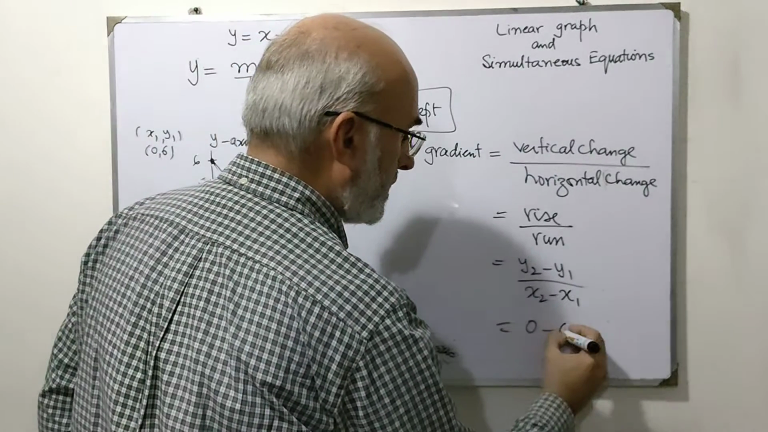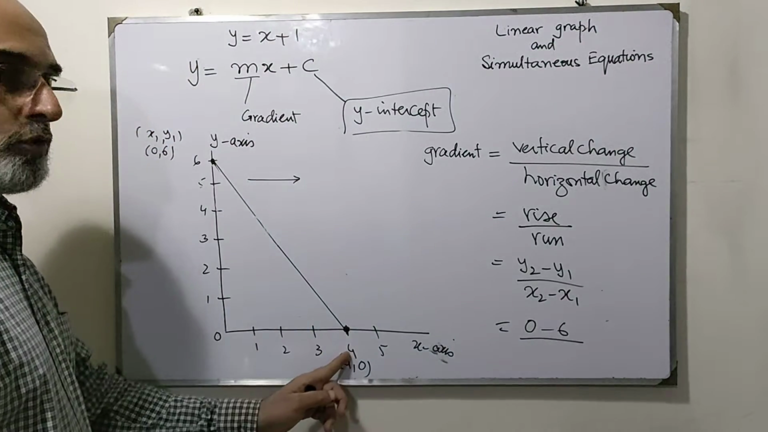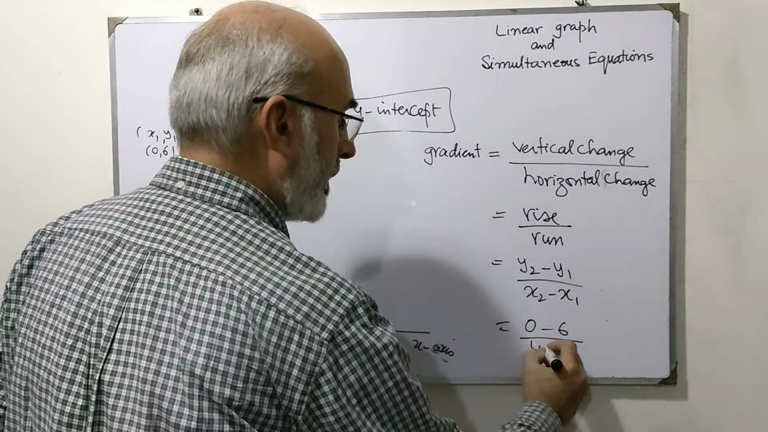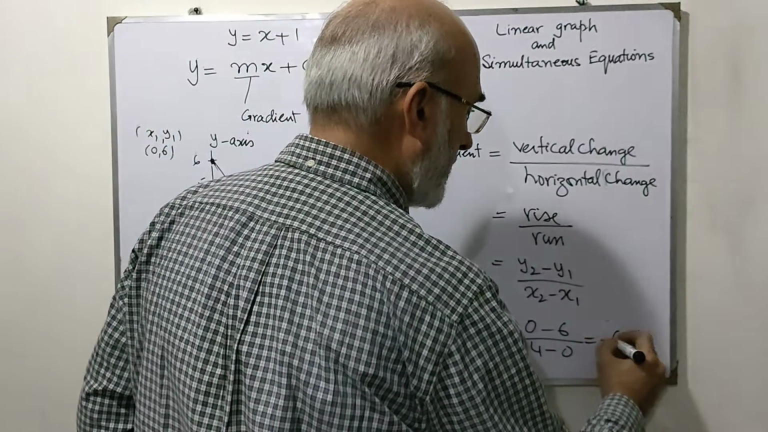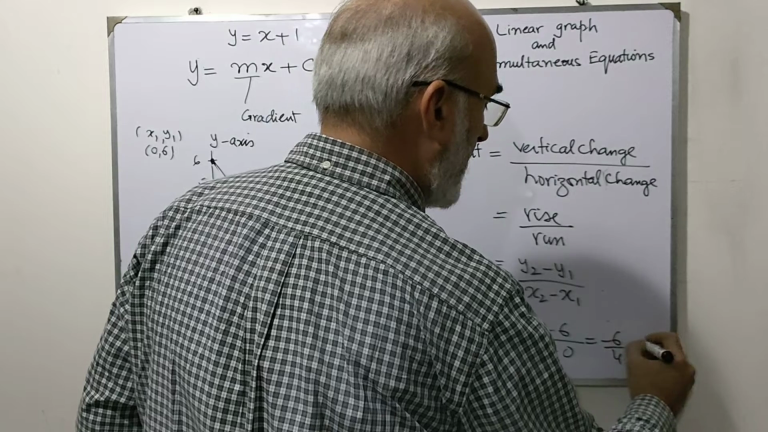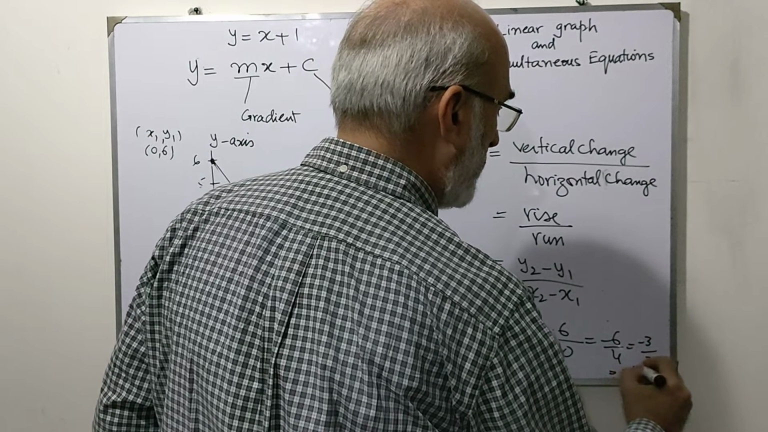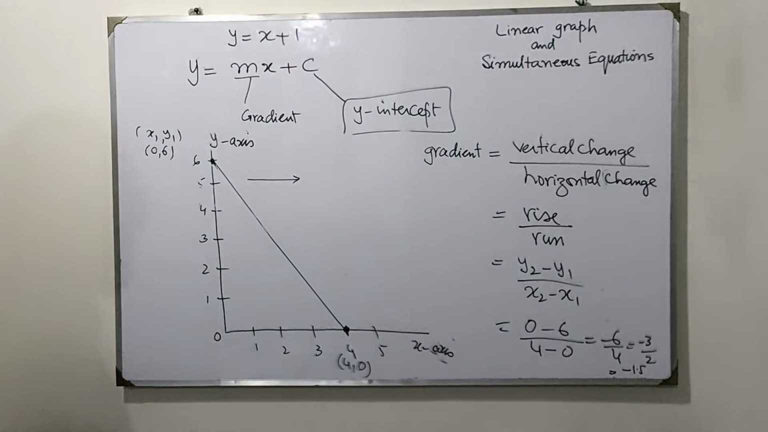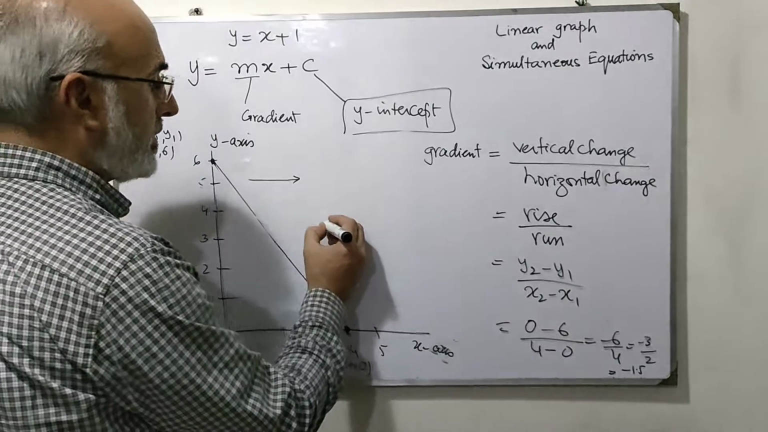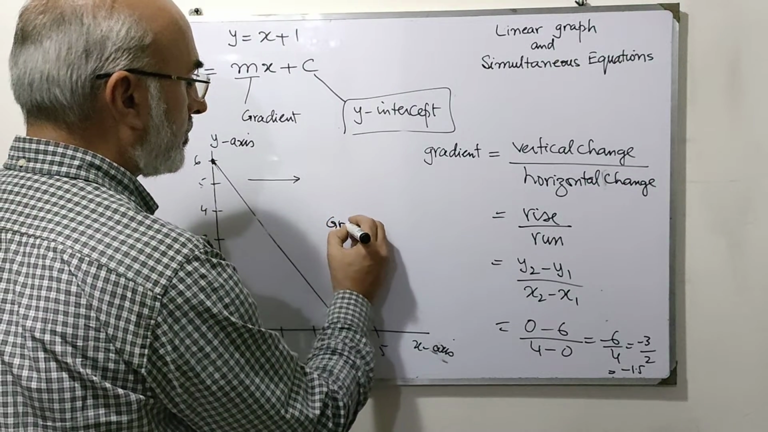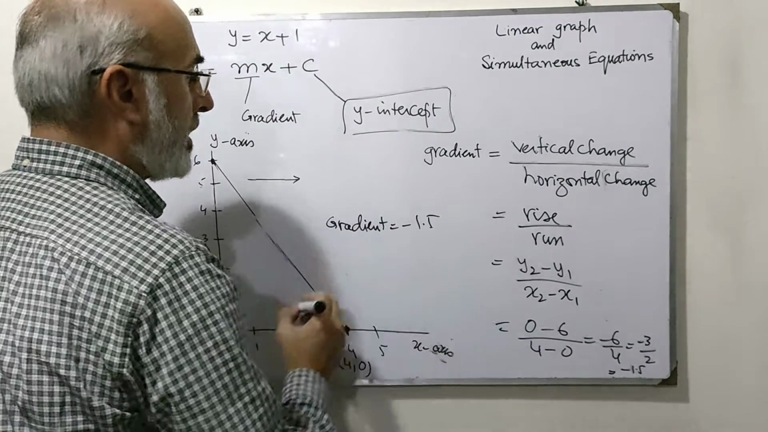So minus 6 divided by x2, which is 4, minus x1, which is 0. So we have here minus 6 over 4, or minus 3 over 2, or it is minus 1.5. Okay, so we have our negative slope. The gradient here is minus 1.5, and